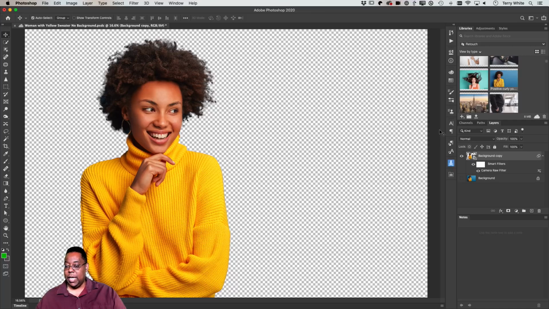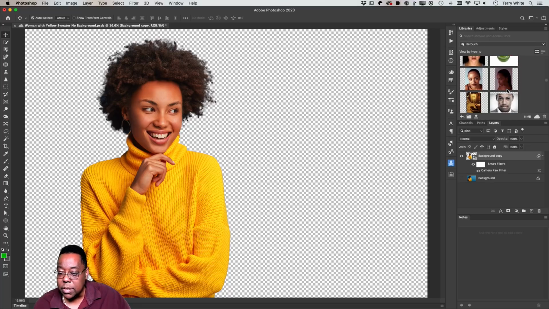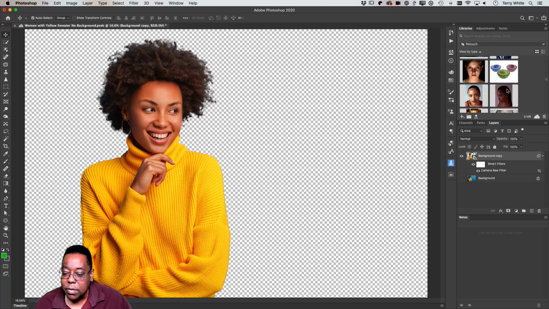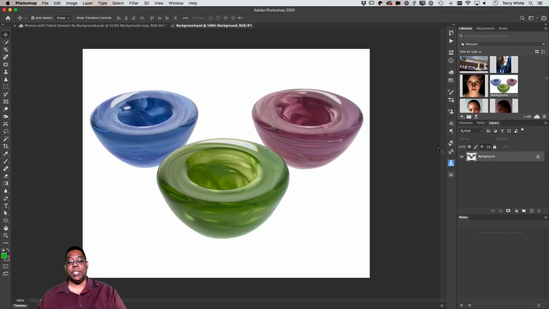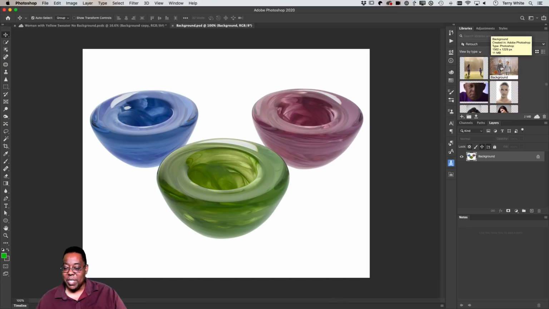Okay, let's try a different photo now. Let's say I like the colors in, let's find something colorful. I like the colors of these bowls. I would love to use these colors for something else. Actually, no, it's a little too simple. Let's do it a different way.